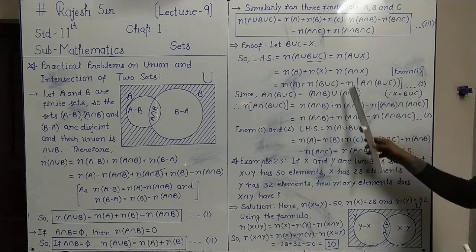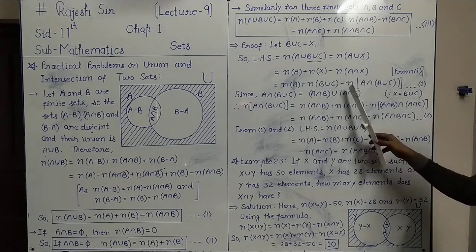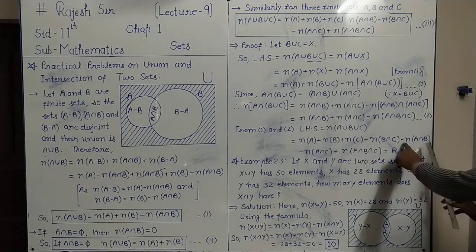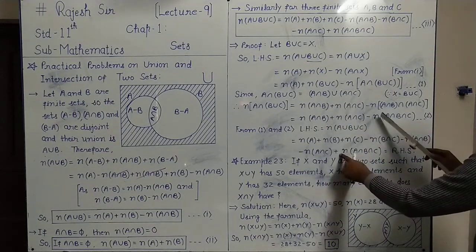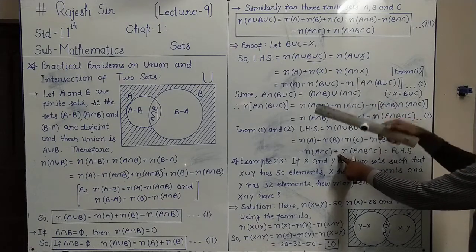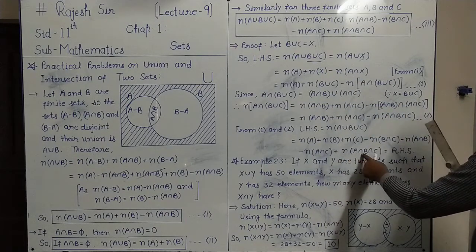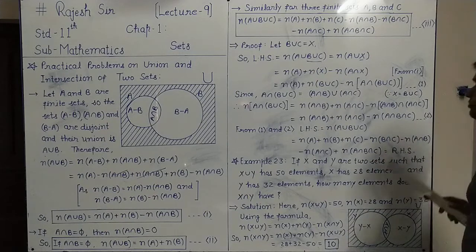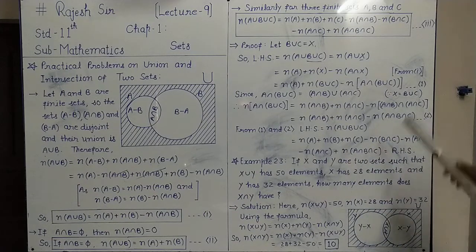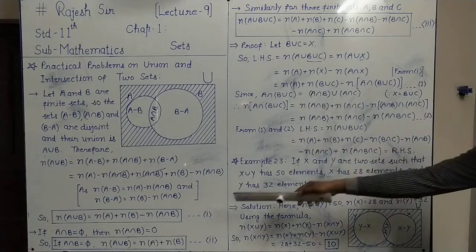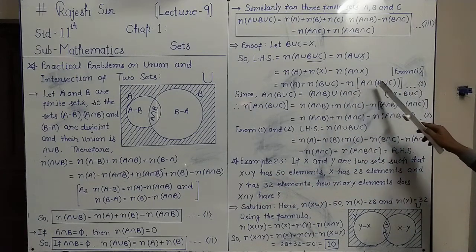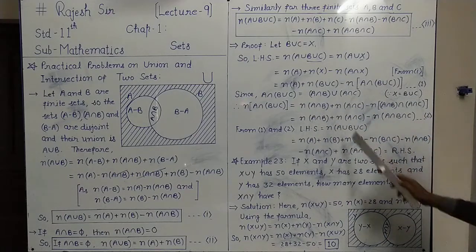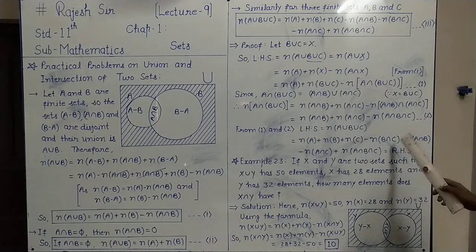For this portion now, in result 1, the result 2 is used as minus n(A intersection B). This plus becomes minus n(A intersection C), and this minus becomes plus because of the minus outside. Again I say n(A intersection B intersection C). So all the values are placed in result 1 for B union C, and for A intersection (B union C) from result 2, the value is placed, and you see all this now.